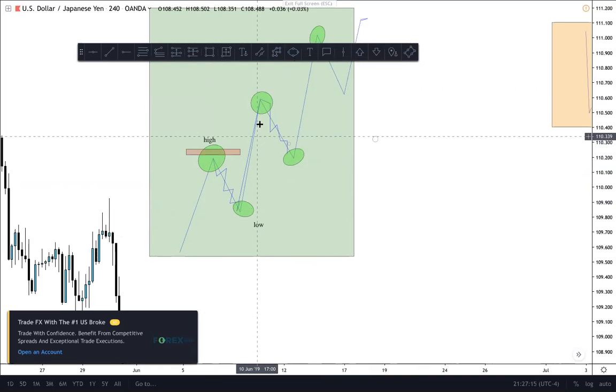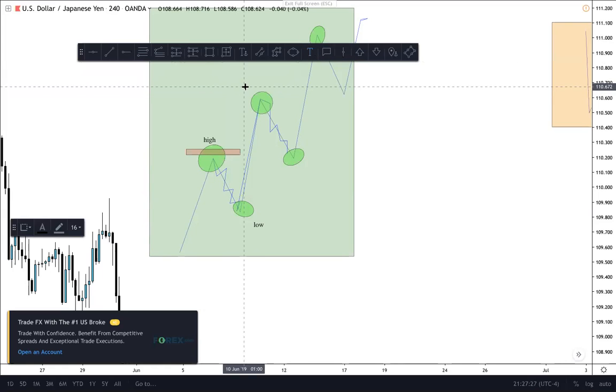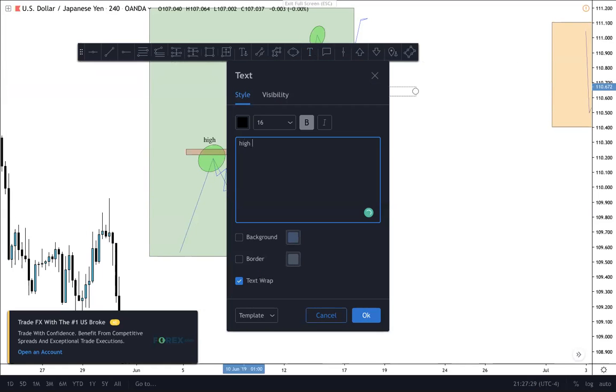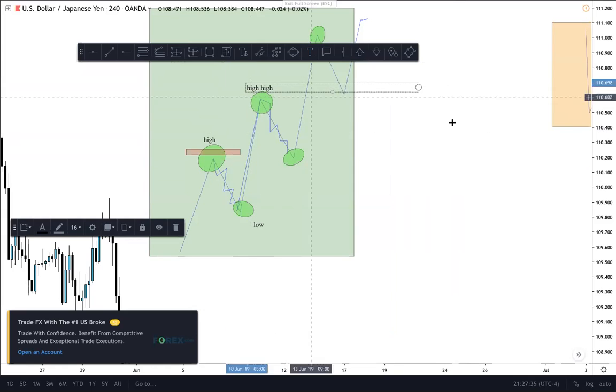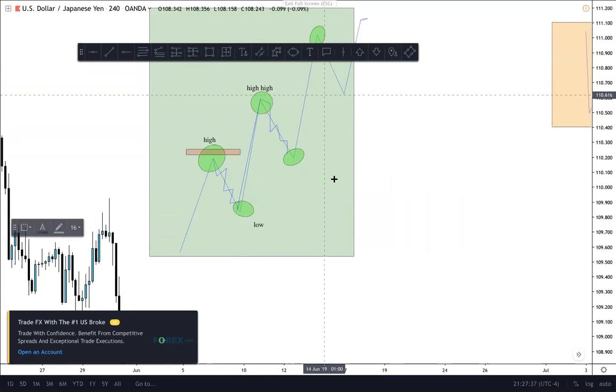Now for the second one, this could be the higher high. The reason why it's called the higher high is because it's higher than the previous high, right? So we call this the higher high, right? And then this one here would be,